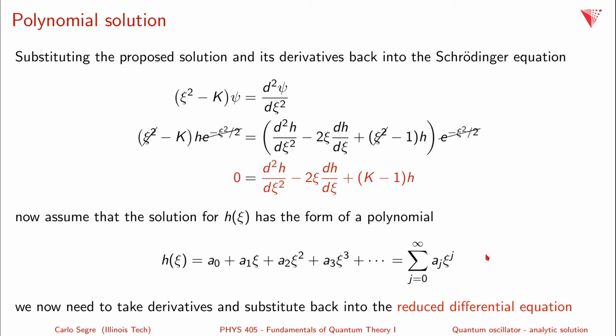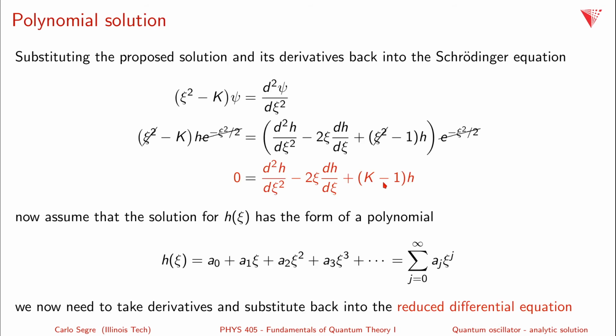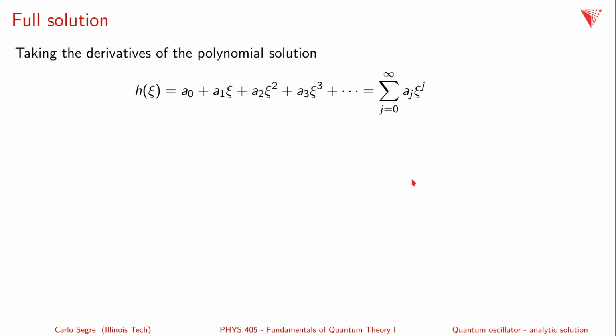We can now take this proposed solution and substitute it back into the reduced differential equation, or the equation for h, and solve. And so we're going to start looking at all these derivatives, because what we need is the second derivative and the first derivative of h as well as h itself. So we start with h, and we'll rewrite this as the sum that we had before from j equals 0 to infinity. And then we'll write down the first derivative, that is d by dc of h